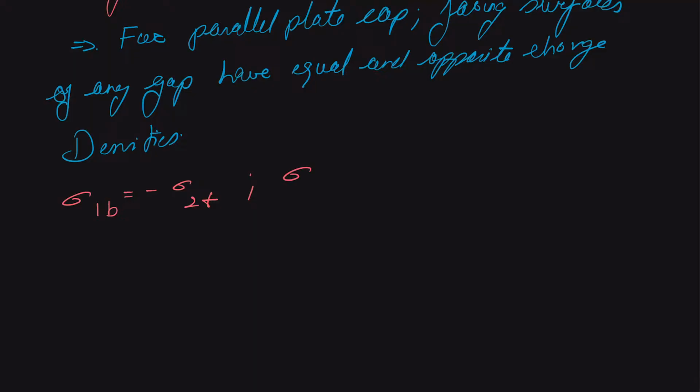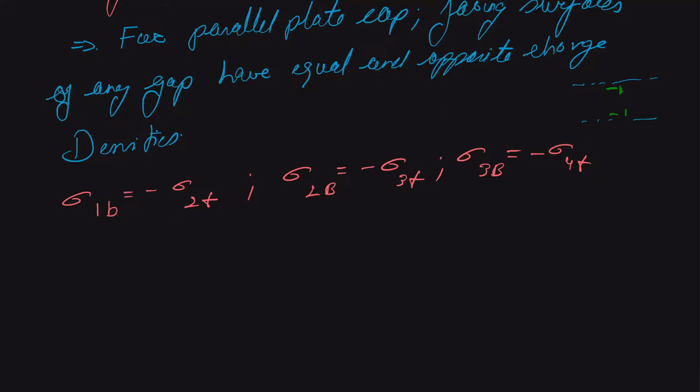Similarly, the surface charge density of our second bottom should be equal to the negative of the charge density of our third top, and the charge density of our third bottom should be equal to the negative of the charge density of our fourth top. So suppose this is one capacitor and this is the other. The facing surfaces will be these internal ones. One has a bottom part and the other has a top part. Okay. And their surface charge densities will be